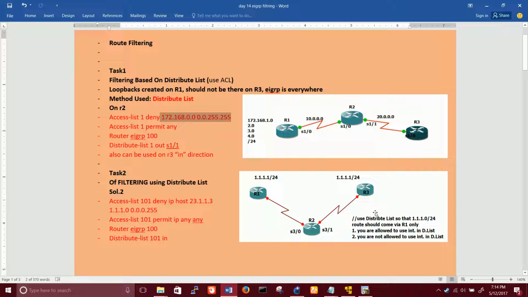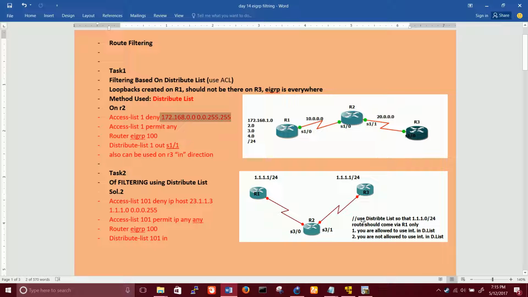Okay, so I created a very small task for that. R1, R2, R3, quite simple. Let's take some network here in between, and in here we are having 1.1.10.0/24 and the same network here. This is an experimentation lab, okay? It's not a live scenario. Our task is to learn extended ACL filtering using distribute list. We have the same networks on R1 and R3. When you turn on EIGRP, R2 will be receiving the 110 route from here and here as well. There will be two routes, and load balancing will happen.